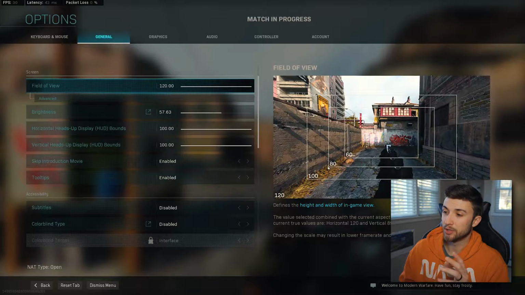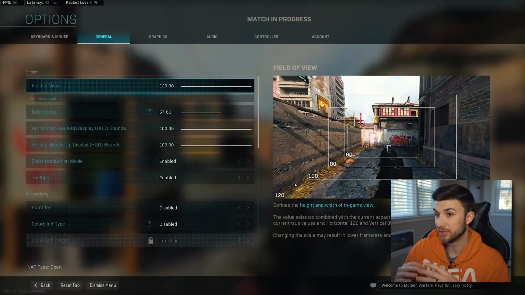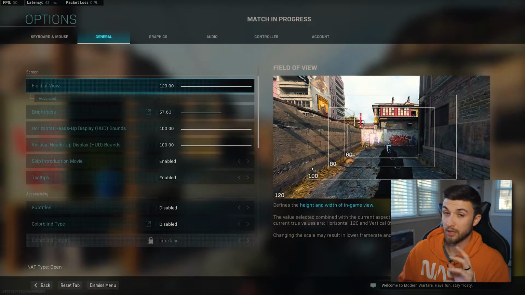80 is your standard console setting, and unfortunately for console, you cannot change the setting. And there's gonna be some other settings in here that you may not be able to change for console as well. So this might be more geared towards PC controller gamers specifically. I would say if you're on controller, anywhere between this 100 to 120 range is where you would want to be, so you make sure you're getting enough of that map in your screen as possible so you can see most of your surroundings. But like I said, 120 is where I'm at because I want the most field of